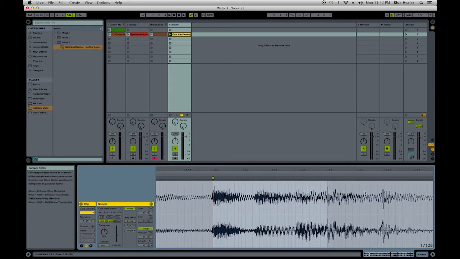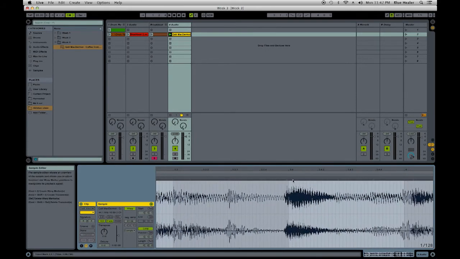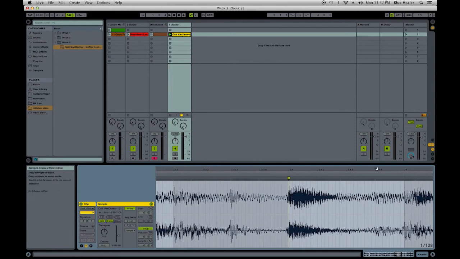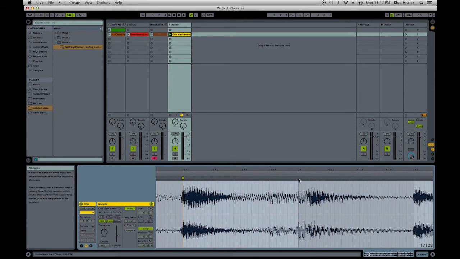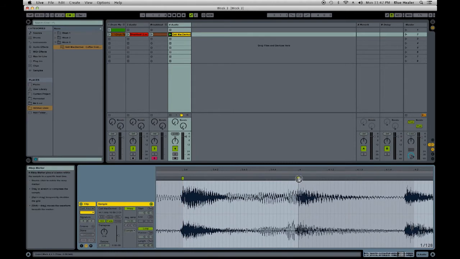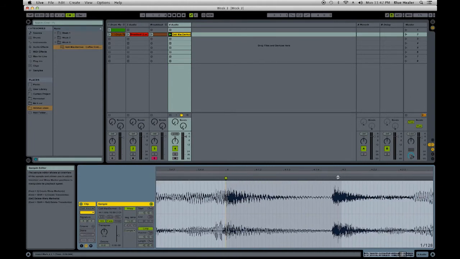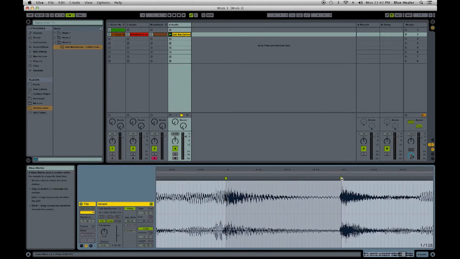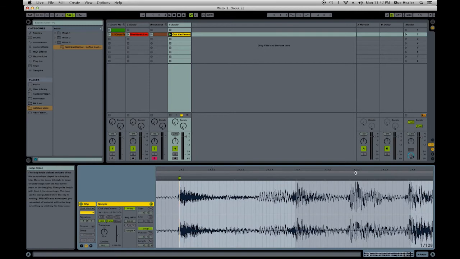So we got 3.2. Let's take 3.4. And this one looks a little strange. There's this big hit here, but there's another big hit here. So we're going to have to listen to it. But let's take this transient. Let's trust Ableton and move it over. And move 4.2 over. So we've got a lot of stretching there. Something weird might be happening,